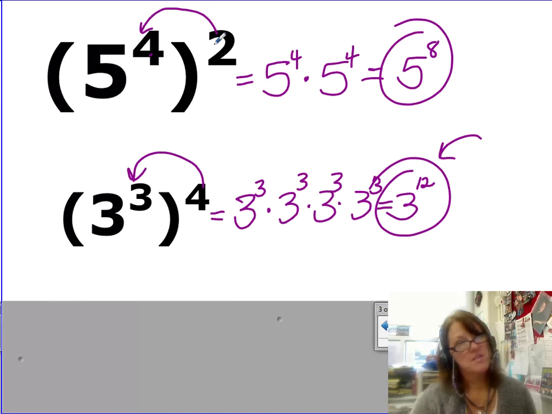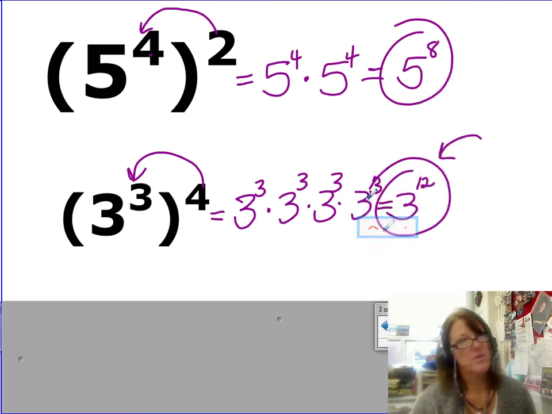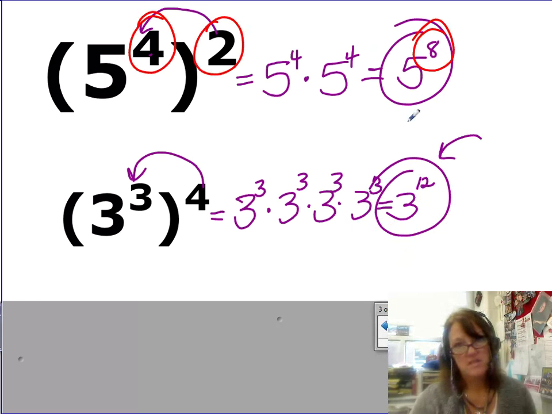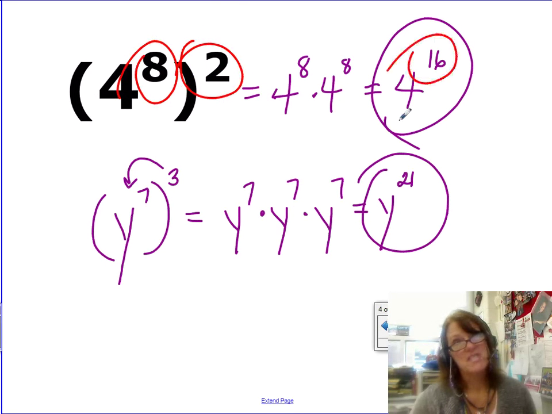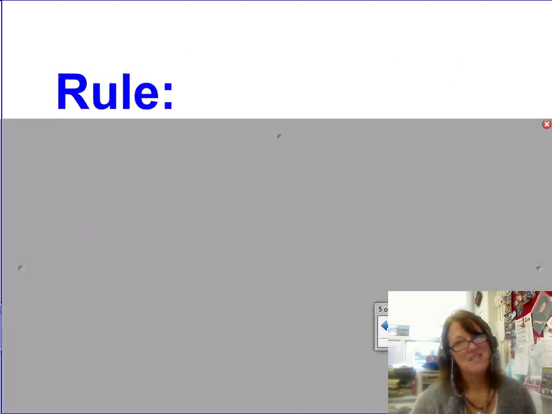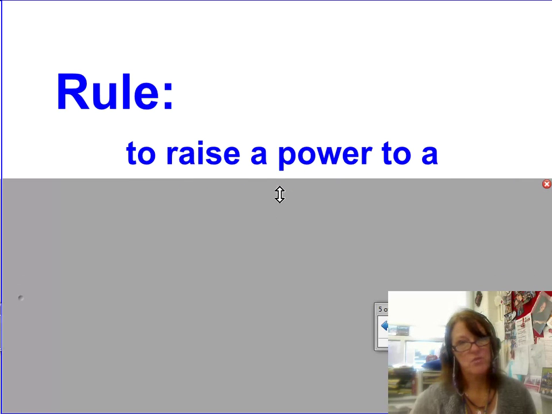5 to the 4th to the 2nd. I'm going to change colors so I can emphasize this for you here. 4, 2, 8. 3, 4, 12. 8, 2, 16. 7, 3, 21. See it? Nice. So when you have a power of a power, okay, so to raise, so this is your